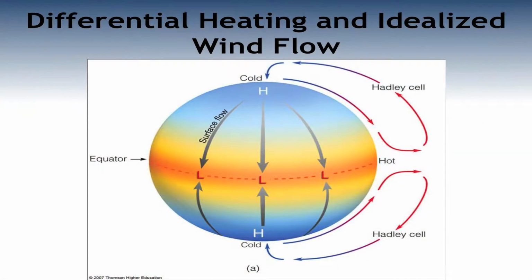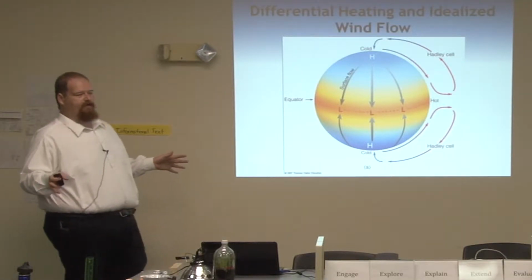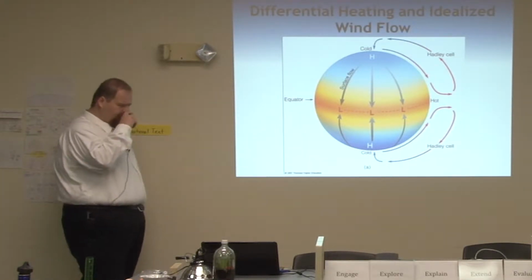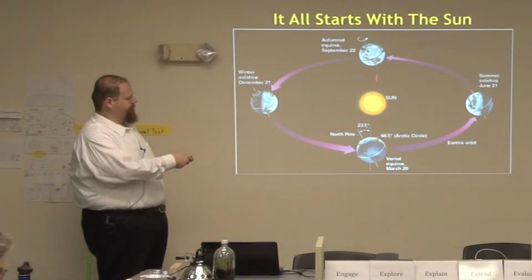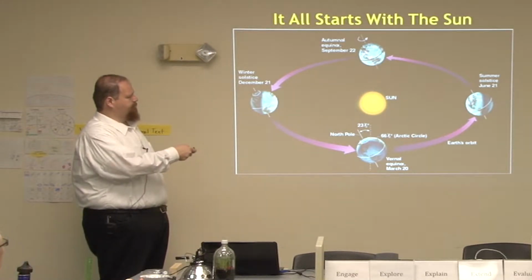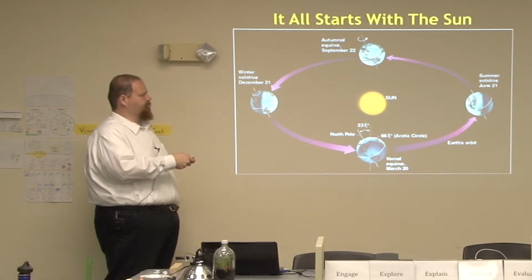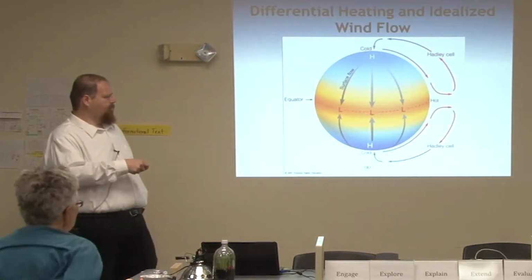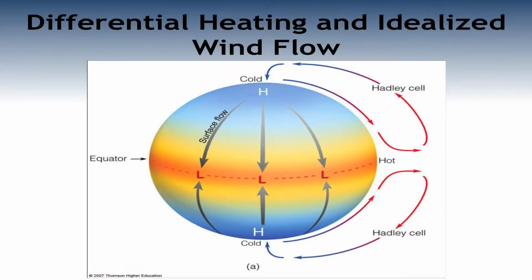All right, so let's pretend for a moment that we are on an Earth just completely covered in water. There's no land on this Earth. It also does not spin. It's not rotating at all. So you can sort of see, this is kind of the situation we're talking about. The Earth's going to be perpendicular, and so the greatest amount of sunlight is going to hit right along the equator, right? And then as you work away from the equator, you're going to receive slightly less direct sunlight.